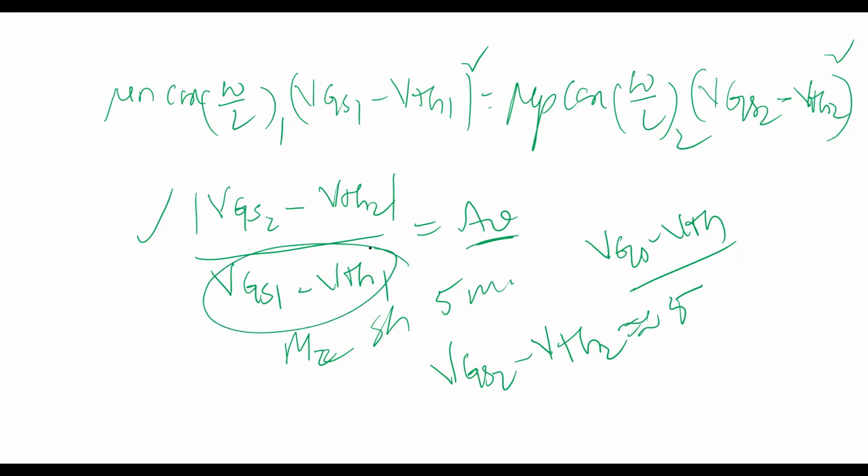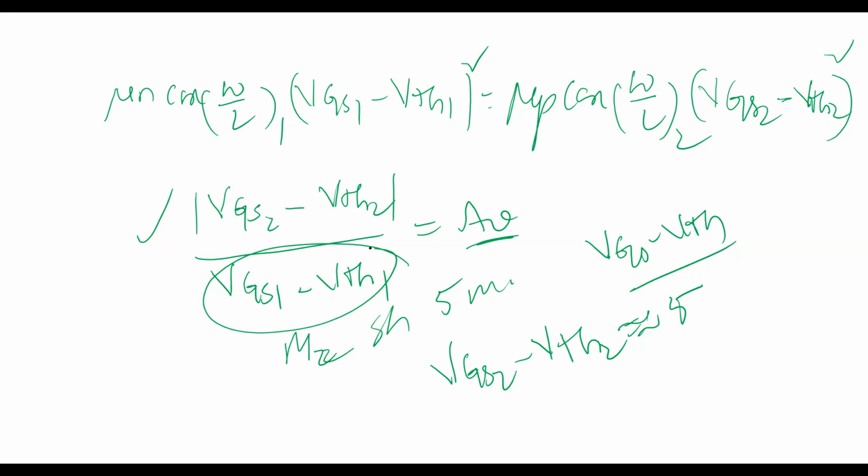So from the equation itself, you can say that to make AV a high gain, the numerator should be higher than the denominator. This is the condition. With all this, my conclusion is that with diode connected loads, the swing, which I told you is the output voltage levels, is not good. They are not up to the mark.